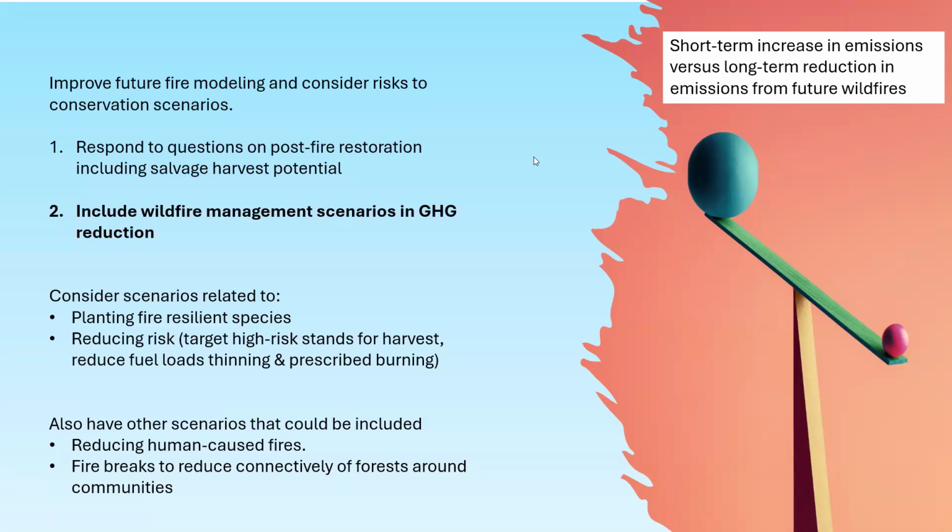Now, what's interesting about the wildfire management scenarios is that typically there's a short-term increase in the emissions. So thinning and prescribed burning, for example, would increase the emissions in the short term, but there would be a payback, if you like, when the fire comes and does not burn severely. So instead of having a high intensity stand replacing fire, you would have a lower severity fire and may in fact burn more area. So there's the short term, long term, that's an interesting question.